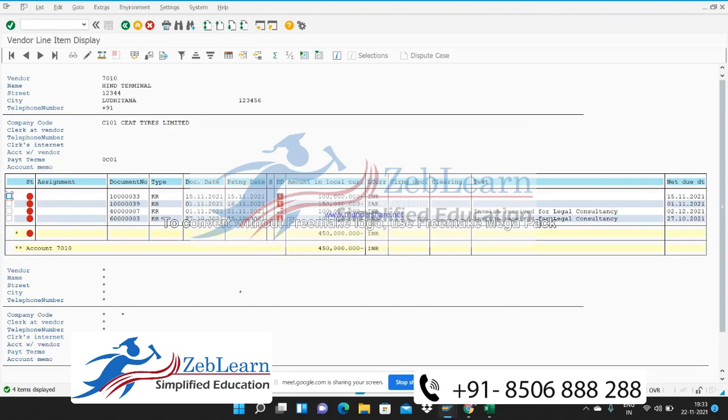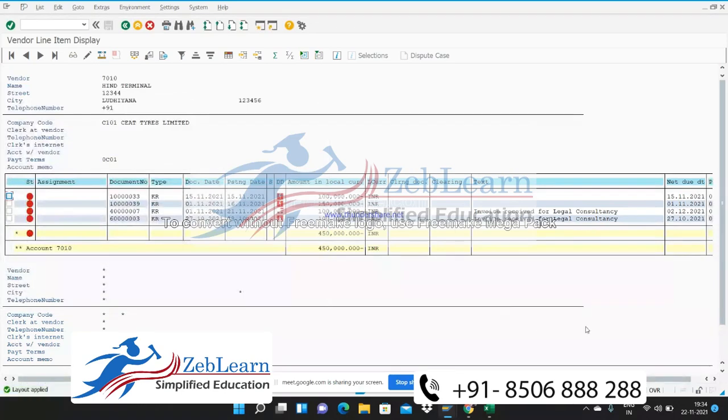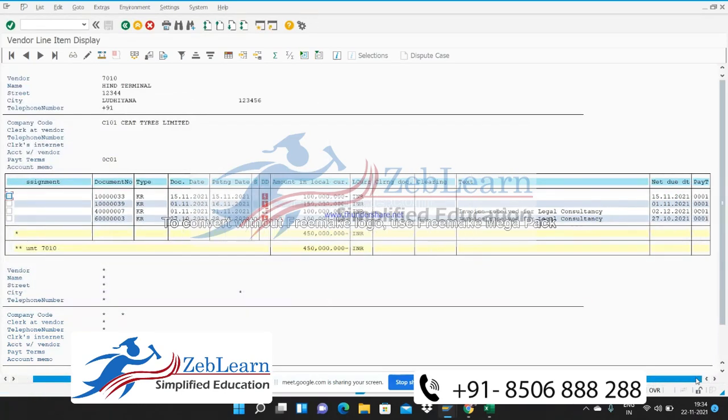Okay, so I have posted some invoices. Now I'm just going to add one column with terms of payment. Why was the system not calculating it directly? Why did we have to give some amount? Now you can see what was happening.